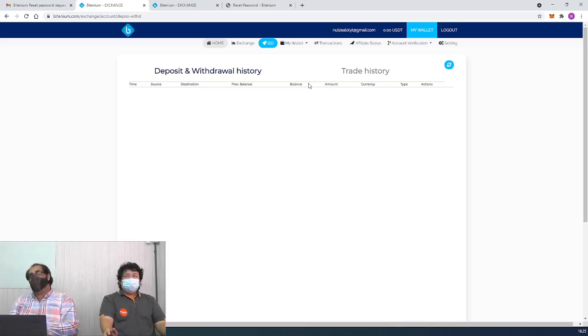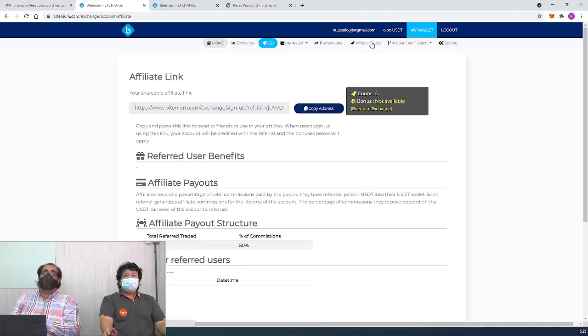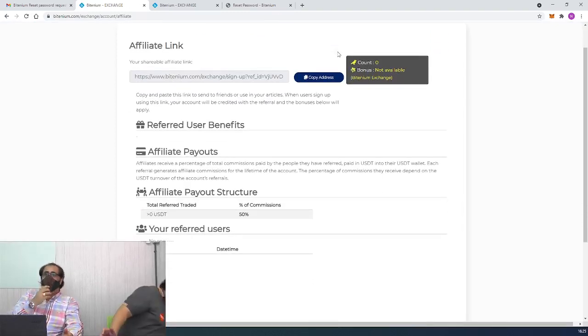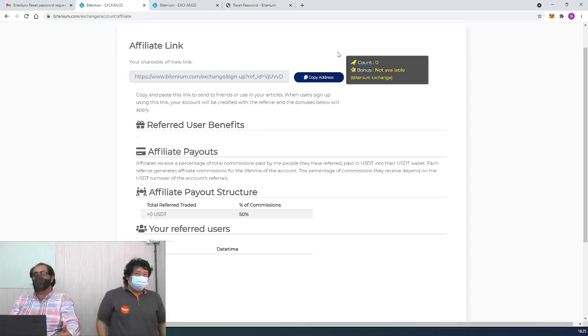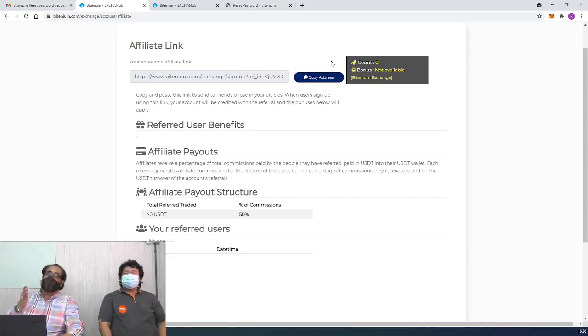Another function we have that is very good for you guys is called affiliate status, where you recommend friends and you earn commission from us. For example, if he made $1,000 of commission with us, you will get $500 back into your account. Sounds interesting. That means you can just click here, copy the address on top, and share it with your friends around, get bonus, and all those things on the exchange. You get 50% payout from what we get, and as your friends get more and more, you also will get.